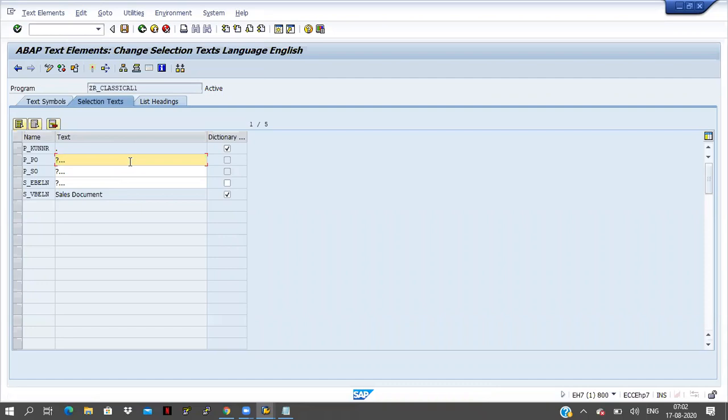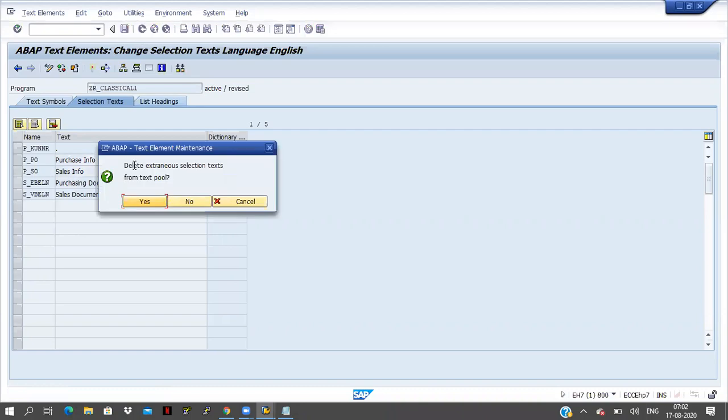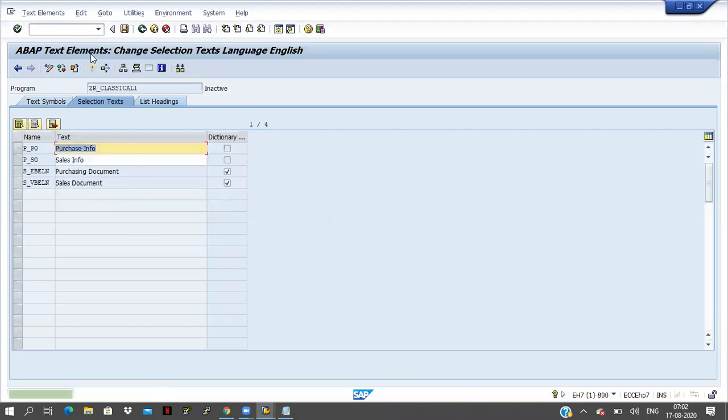So for this one, sales order information, and s_EBELN is coming, and the checkbox is also coming. Save it and activate it.